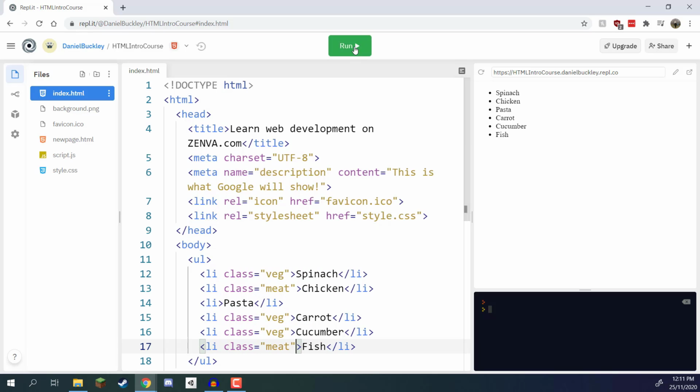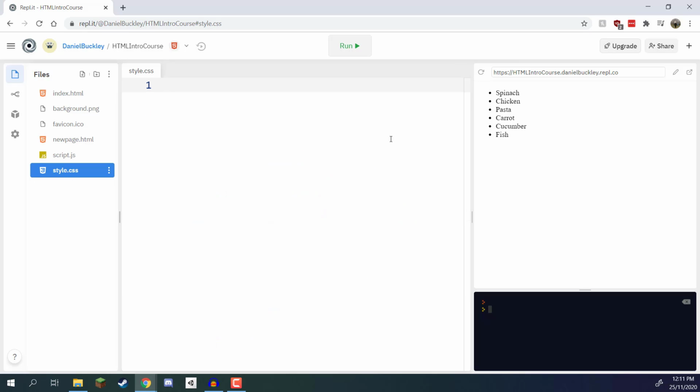Okay, so if we click run, you'll see nothing changes, and that is because we now need to apply CSS to each of these classes. We need to specify rules for these classes inside of our style sheet document. Okay, so inside of our style sheet document, what we want to do is apply rules to the veg and